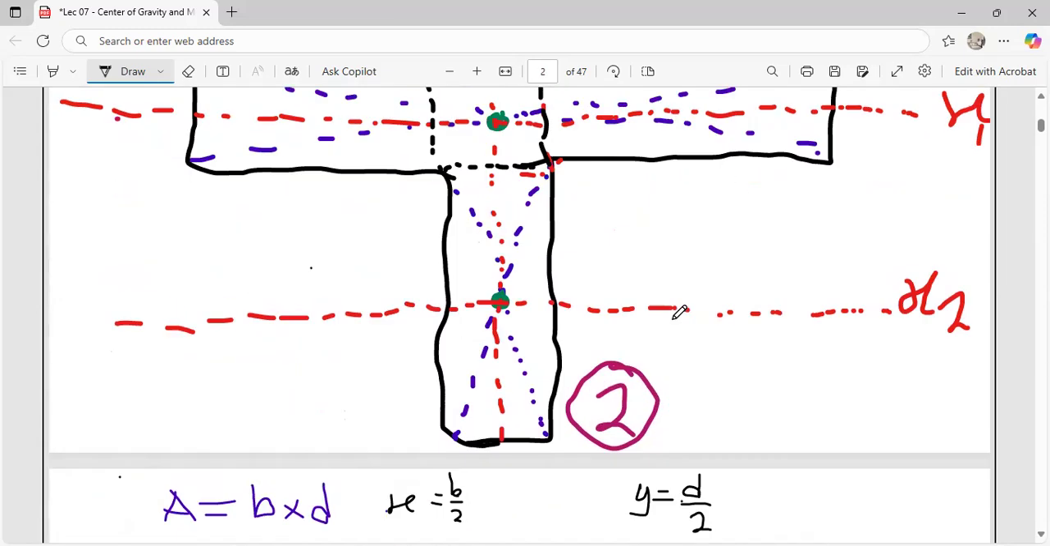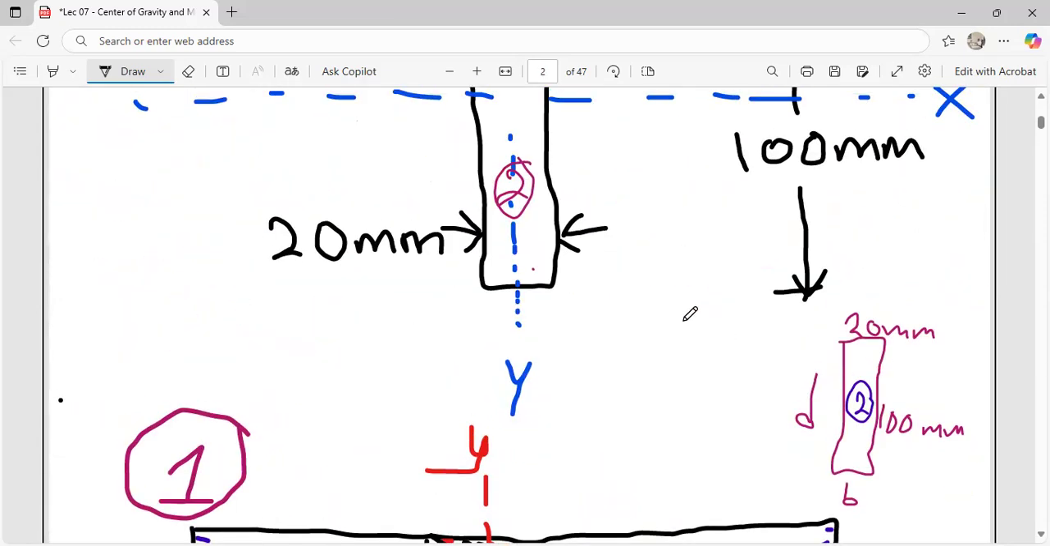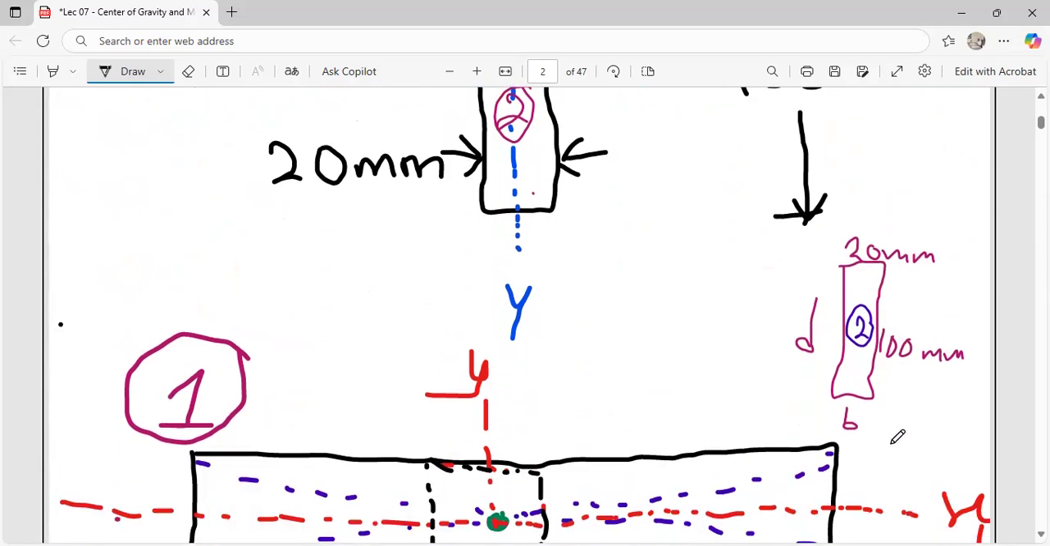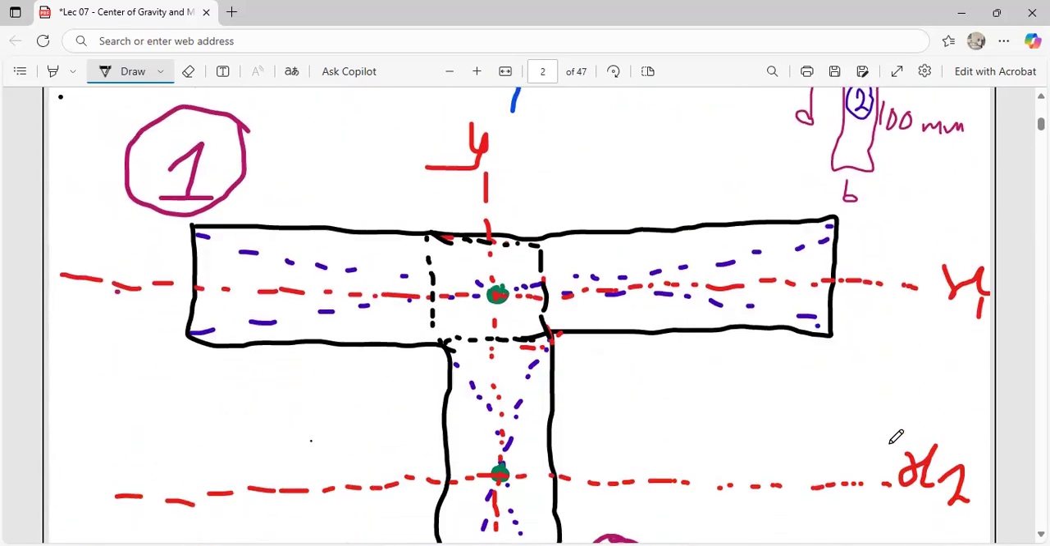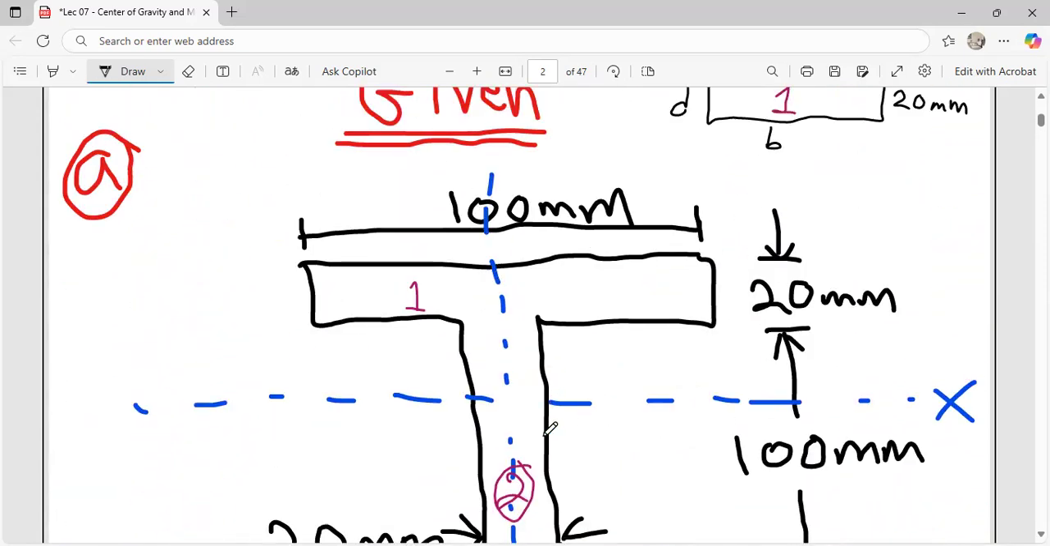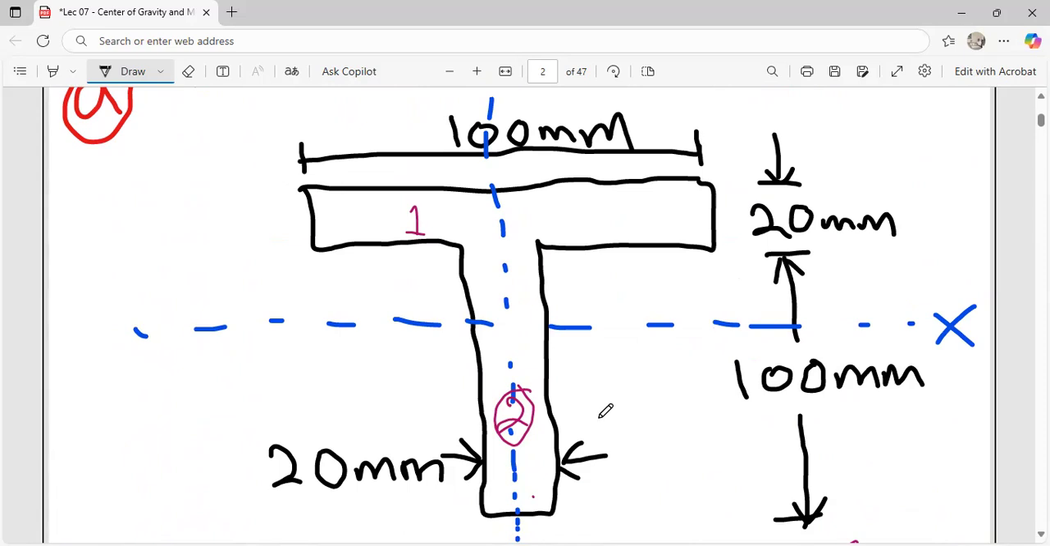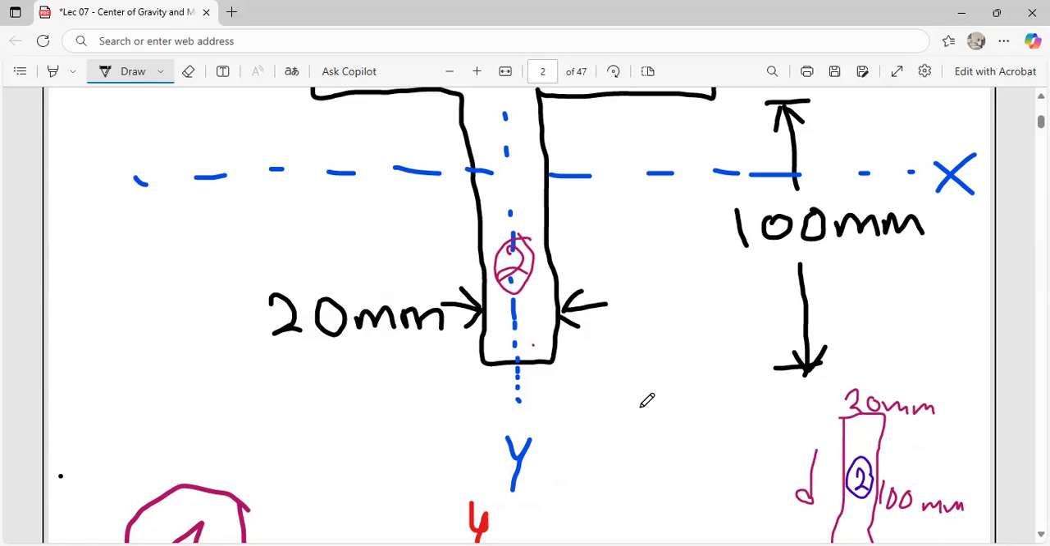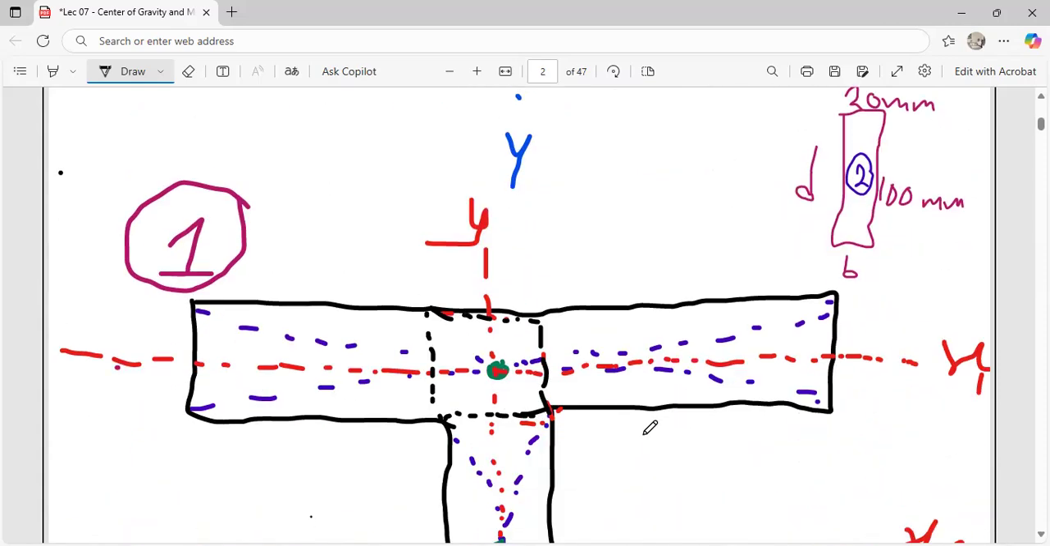The formula for the y is d divided by 2. So if this is our part 2 and our d is 100, it means that we are going to write 100 divided by 2. But you realize that a different part has been added. It means that part 1 has been added to part 2. So at the end of the day, the weight is going to affect the whole part 1 and part 2. Due to that,